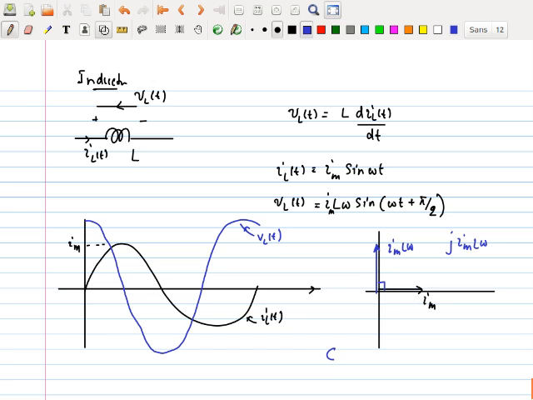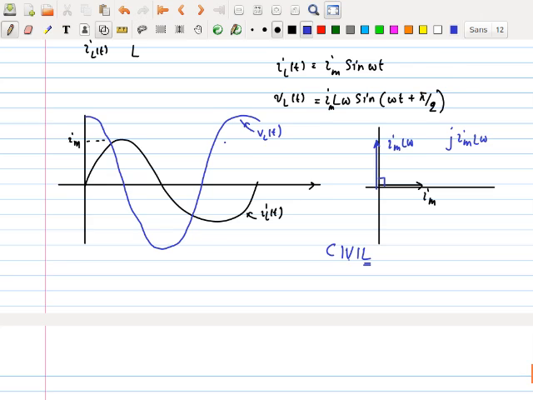Right? So here, CIVIL. If it is an inductor, V leads I by 90 degrees. So this is going to be the phasor diagram of an inductor. Now I want to extend this again, just like in the earlier case. If I take this equation,